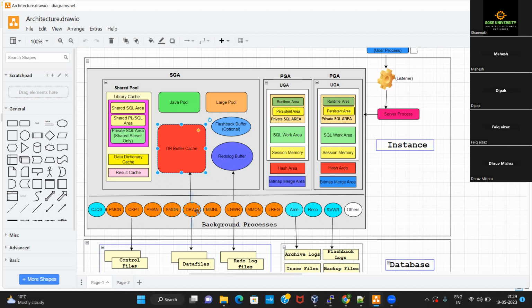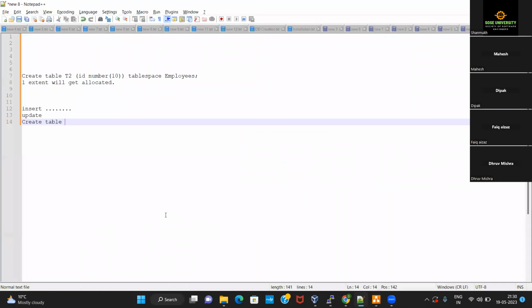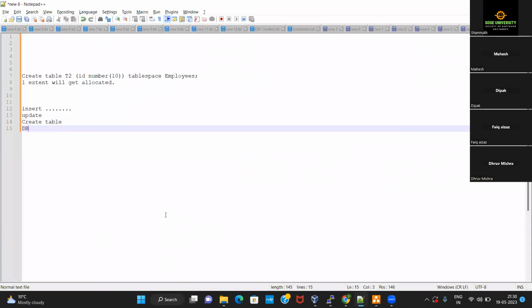In those scenarios, the single database writer process may not be fast enough, so you might opt to configure multiple database writer processes. And that's why it is represented as DBWN. Clear? If it is a single database writer process, you can represent it as DBWR as well.